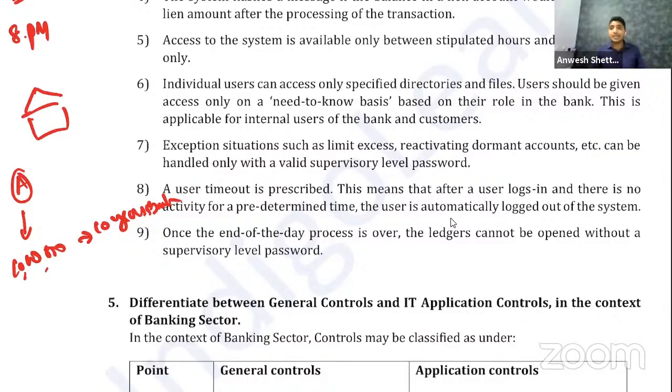Maybe this activity is done by the employee himself. The possibility is there, yes. So what would an employee think? On a daily basis, the bank employee is logging in and he sees that there is one account in which there is 10 lakh rupees and nobody is coming to withdraw. So what he would do, he would tell his friend,